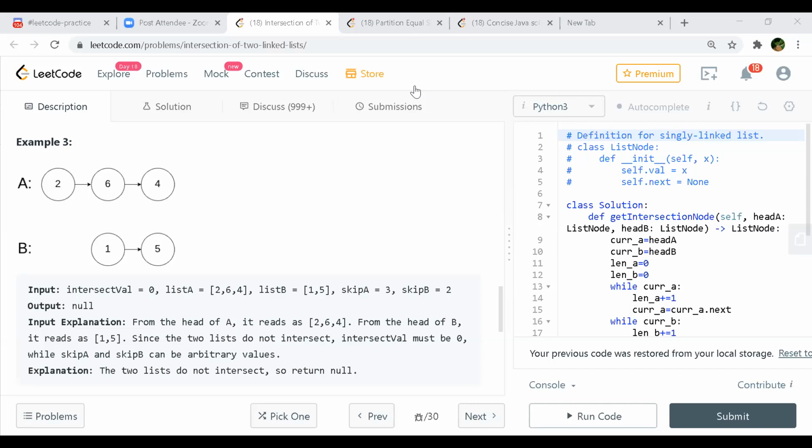Well, 2 passes is fine because either you'll have the lists both of the same sizes, or both of different sizes. So either way, if you add them, they are going to have only 2 passes, right? Because they have to meet at some point, or they have to come to a point where both of them are null at the same time. Then you break off the loop at that point.